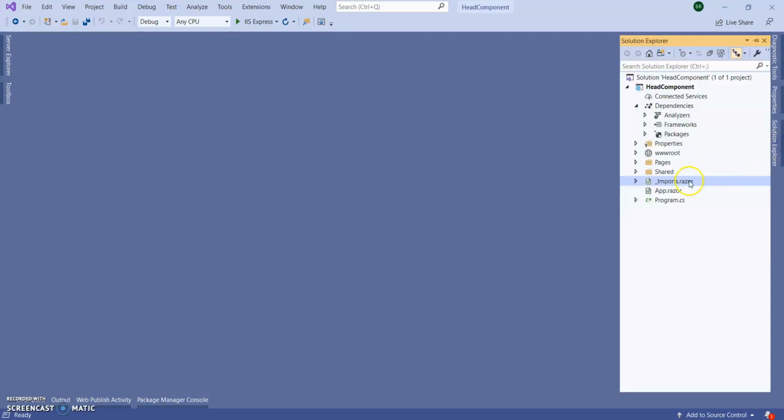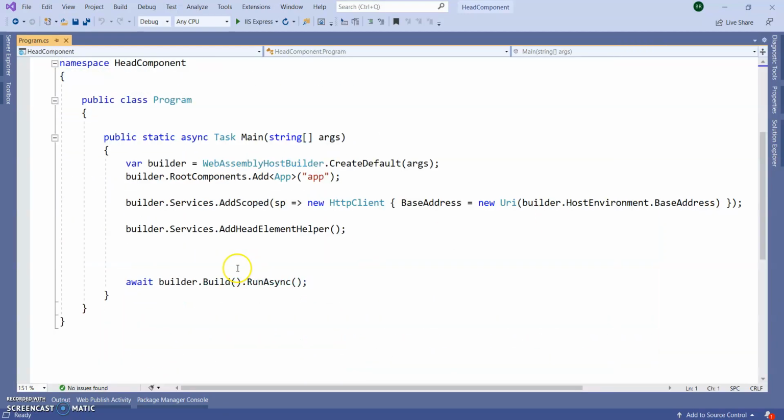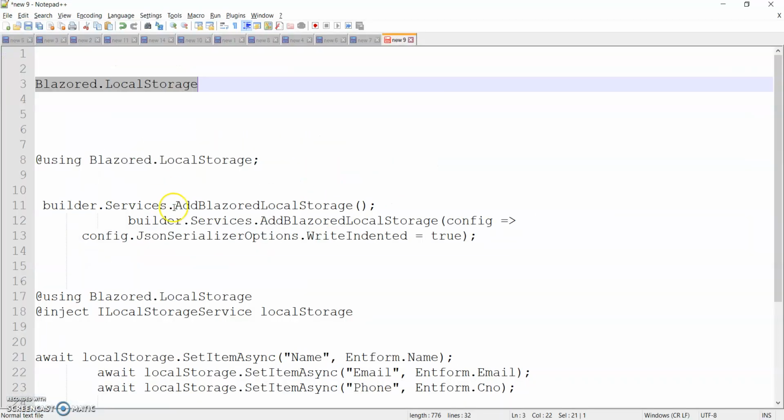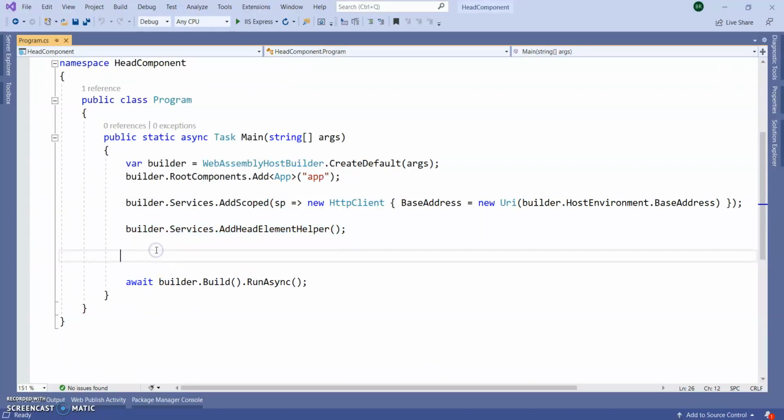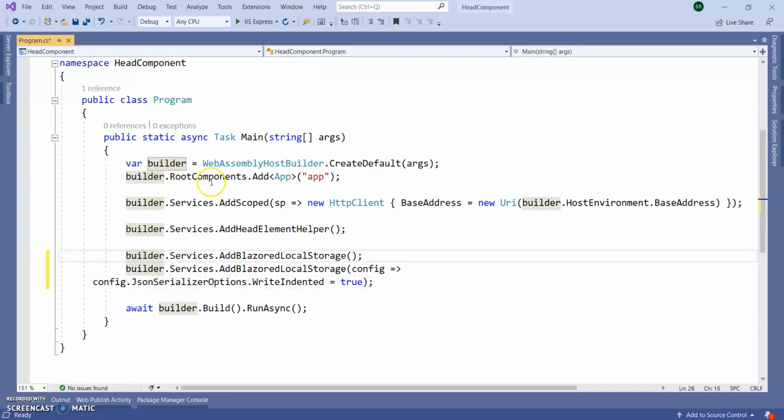Next, we need to go to our Program.cs file. Inside the Main method, we need to add our service. It's a long line, so I will retain the service here: builder.Services.AddBlazoredLocalStorage, with the config JSON serialization.